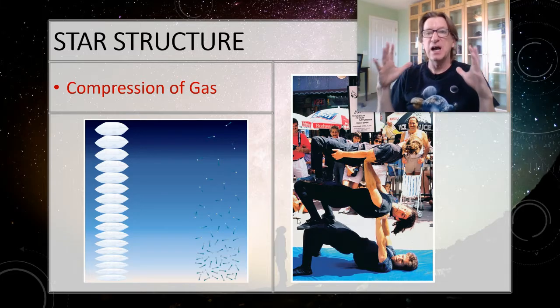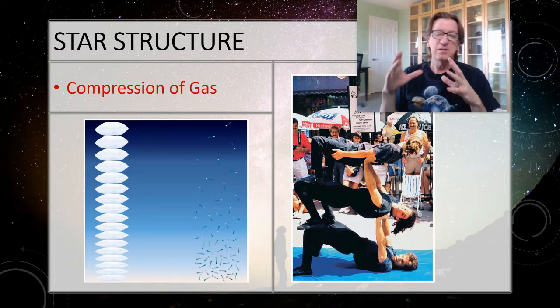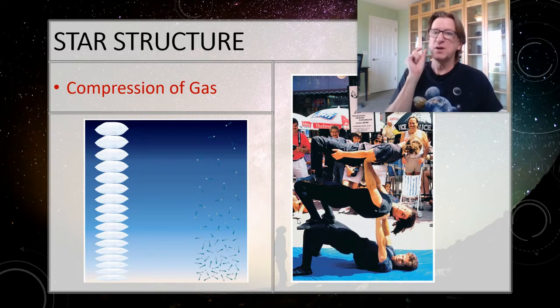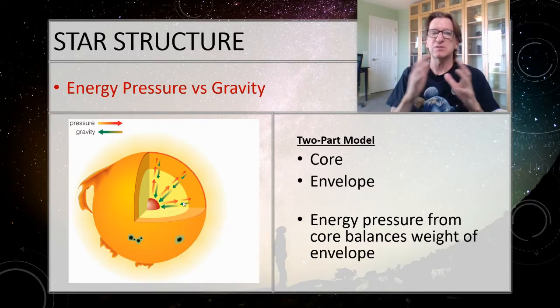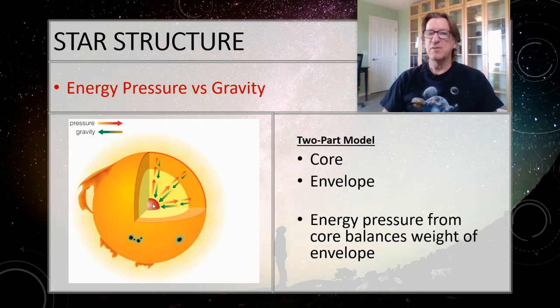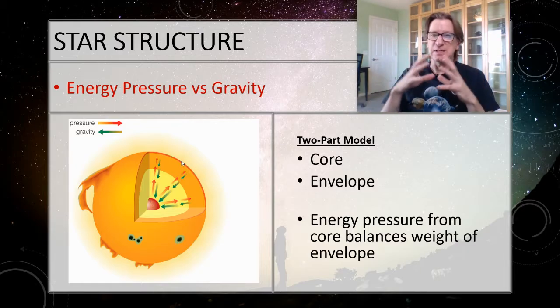But I need the entire mass of the star's envelope, that outer part, to squeeze just the core enough to fuse. So we're going to talk about a 2-part model for the star, and this is the model we're going to use for the star from here for the rest of the course. If you ever do decide to major in astronomy, you're going to figure out that there are different layers in the stars and things like that. But for our purposes, we're going to talk about the core, and that's where that energy generation, where that nuclear fusion is taking place. And then the atmosphere is what's squeezing that.